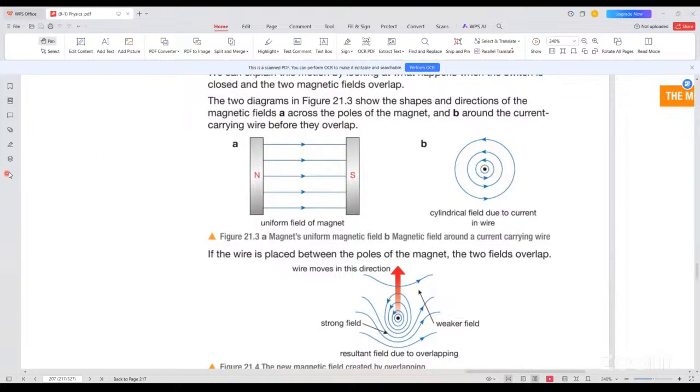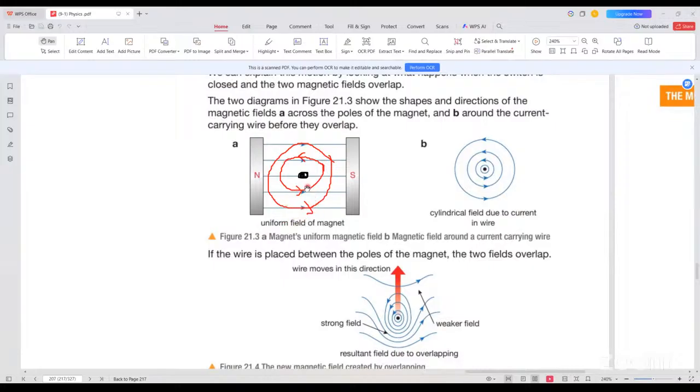So the actual thing is this wire is also placed in here, right? So therefore, here you have the wire like this. And in the meantime, since there's a current flowing through it, you have a magnetic field generated around the wire like this. Okay. So now pay attention to the direction of the arrows, right? Here you can see in the lower part,